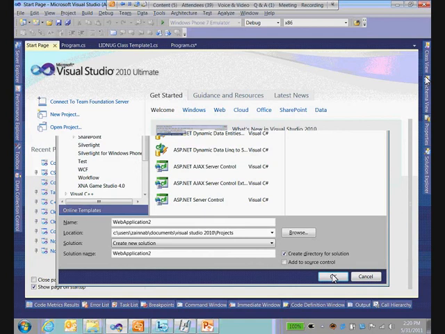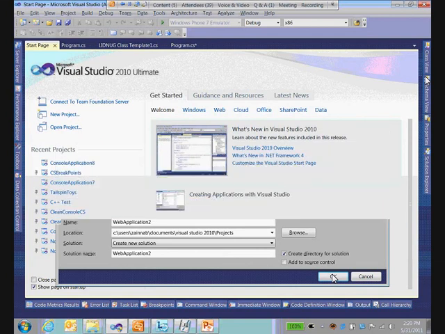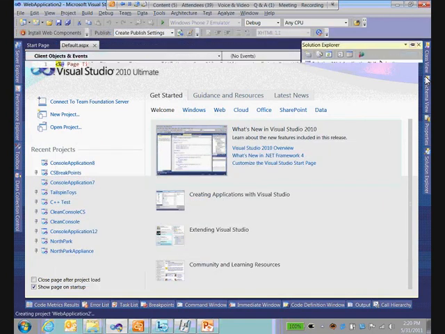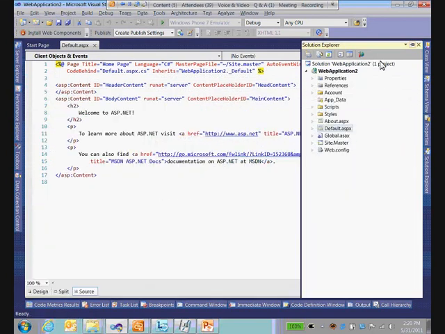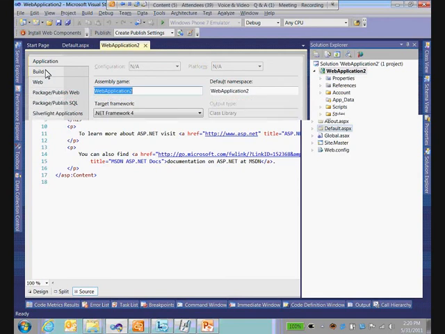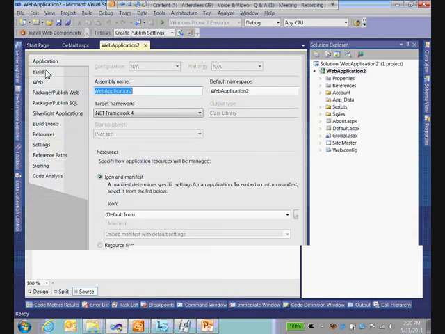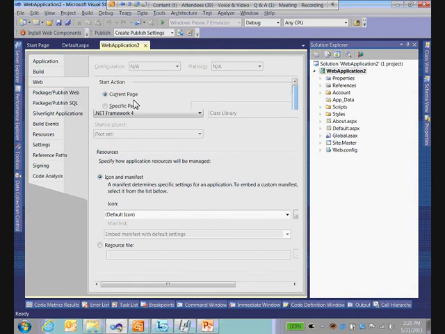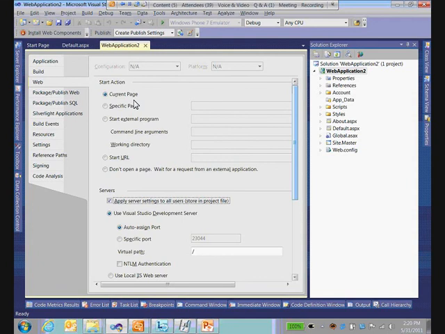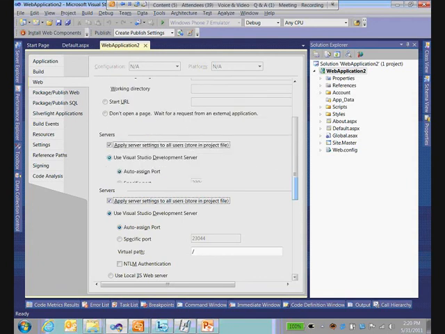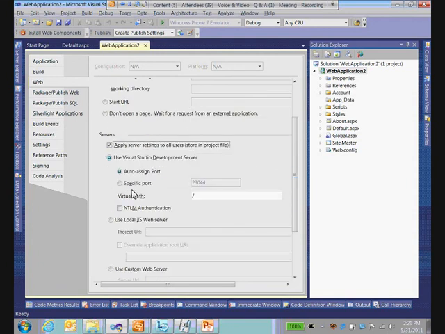So now I've got a web application. If I actually go into the properties for this project, if I'm guessing your question right, when we go into the builds, let's see, maybe it's not the build. Here we go. The web. From the web, the start action. You can change the start action, but you can also change the servers, right? And you can say, okay, well, start using local IIS web server, and actually give it a path. So on the web tab, use local IIS web server, and that will not use your